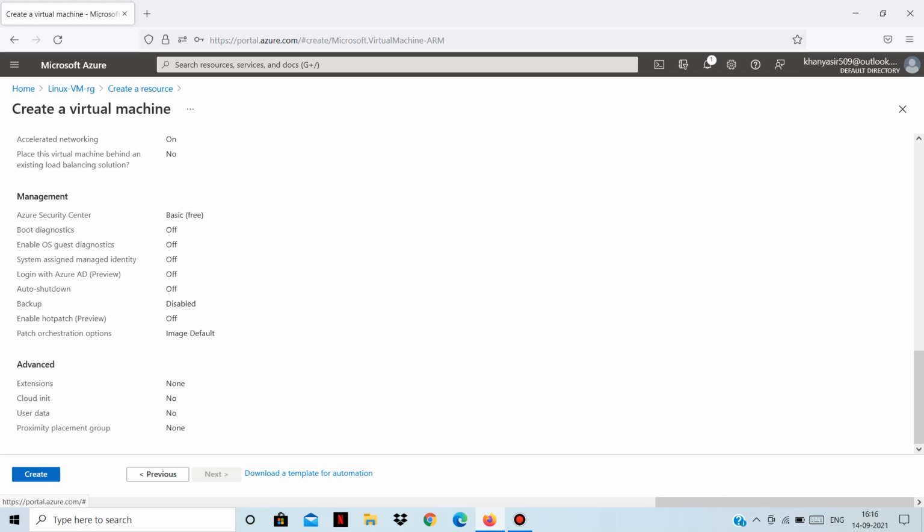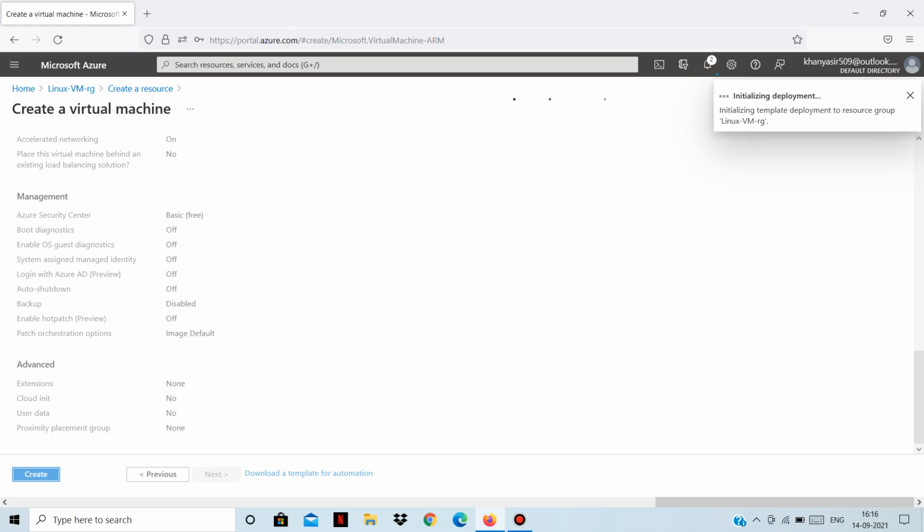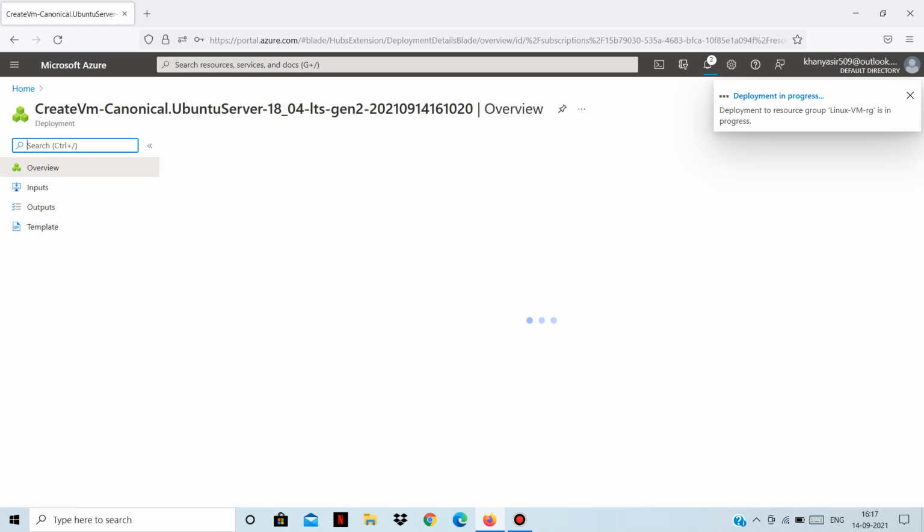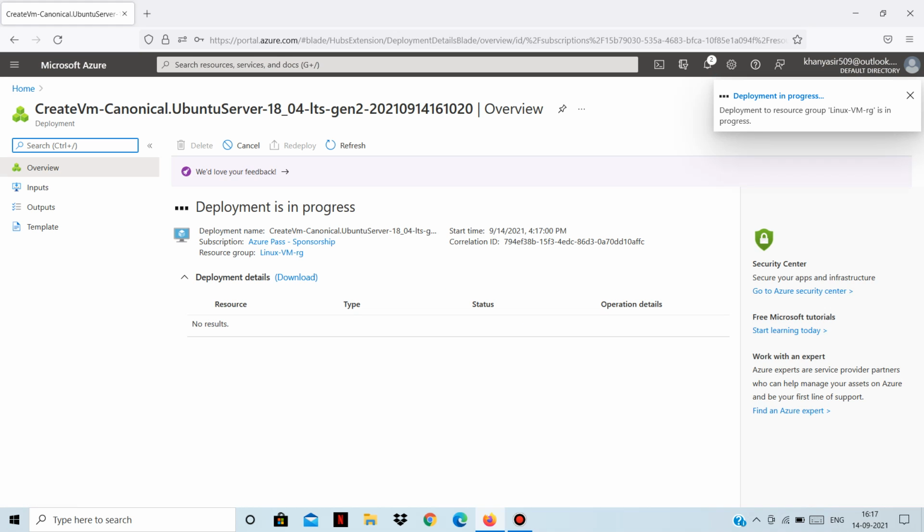Now simply let's hit create and create this virtual machine. Now our virtual machine with Linux OS will be deployed in the Microsoft Azure data center. So this is a very simple process using the portal. Also, you can create resources very easily, or you can use the command line tool also.